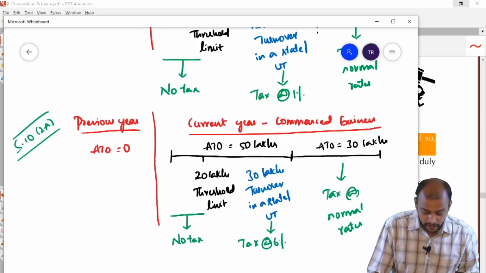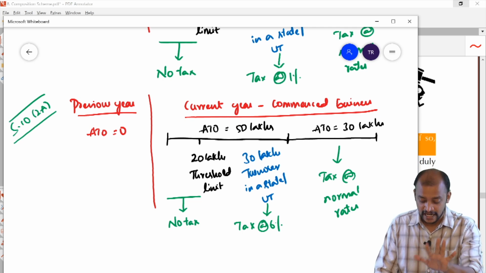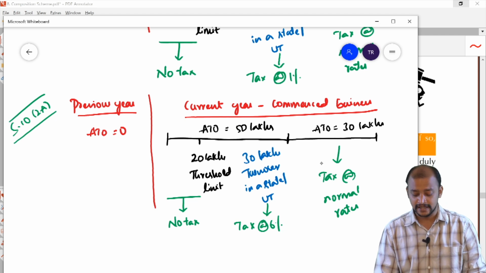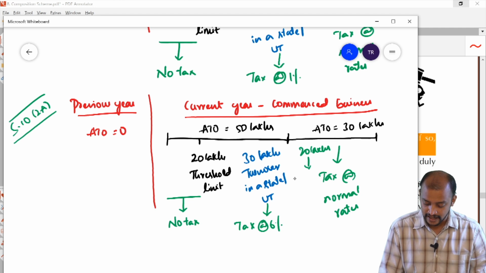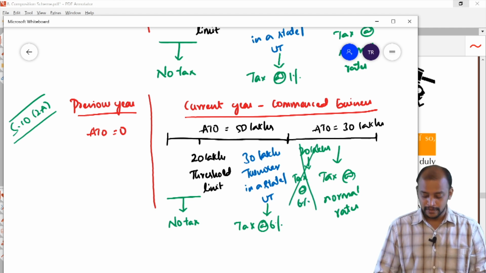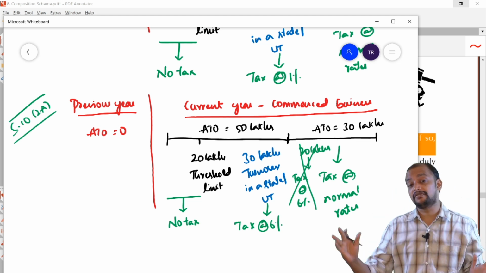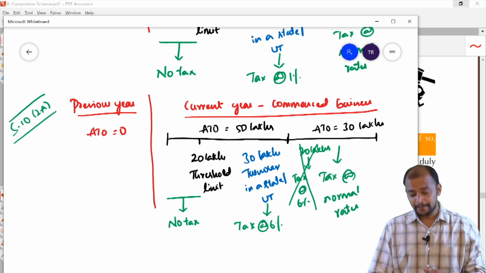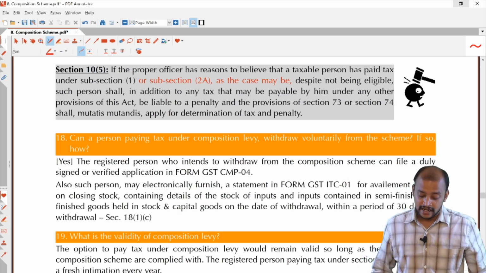See, in this case, what would you have thought? You would have thought you are eligible for the composition scheme for 50 lakhs. So instead of the 30 lakhs at 6%, on the other 20 lakhs also you paid tax at the rate of 6%. Of course, this is wrong, but you did that. On 20 lakhs you paid tax at 6% because you were thinking that for 50 lakhs I need to pay tax at the rate of 6%, and even though you have done that, that's not correct,